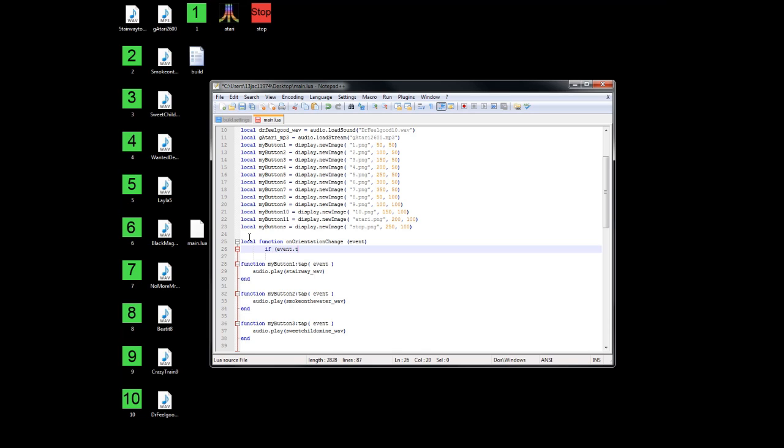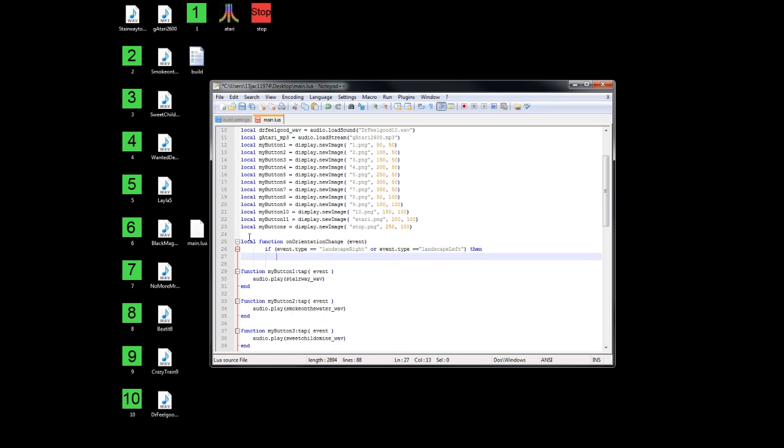If event.type equals landscapeRight, or event.type equals landscapeLeft, then